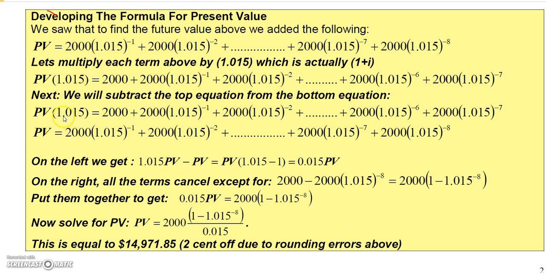Now, let's subtract the top equation from the bottom equation. So here's the bottom equation, and here's the top equation. If I take this equation minus this equation, on the left, I'll get 1.015 times present value minus present value. Well, if you take 1.015 minus 1 times present value, that'll just give you 0.015 times present value. And on the right-hand side, if you subtract each of these terms, you'll see that these terms will cancel. So every term would cancel